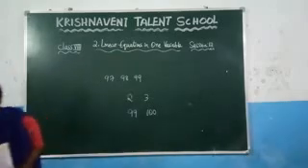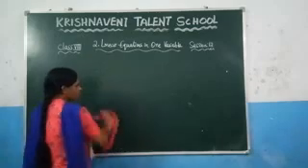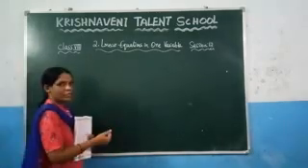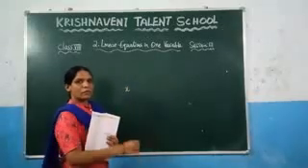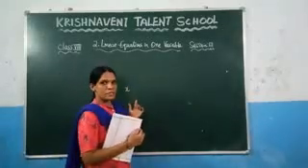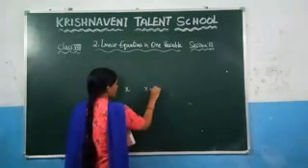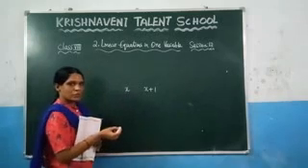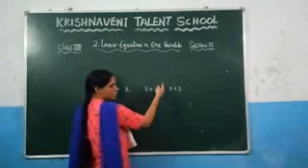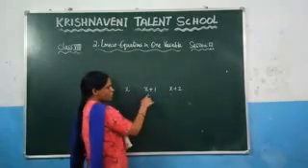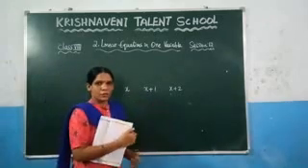And now see the question here. They asked, find three consecutive numbers. You don't know what those consecutive numbers are. Let us consider the first number as x. Then what is the consecutive number of x? You need to add 1 to this number. So the next consecutive number is x plus 1. What is the next consecutive number? It is nothing but x plus 2, because x plus 1 plus 1. Again you need to add 1 to this number so that you will get x plus 2. You need to find these three consecutive numbers.